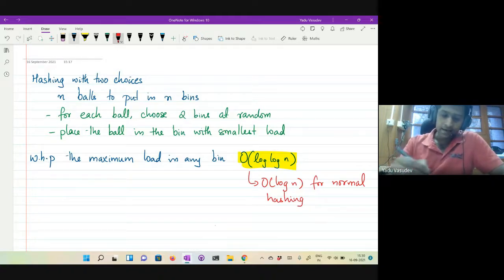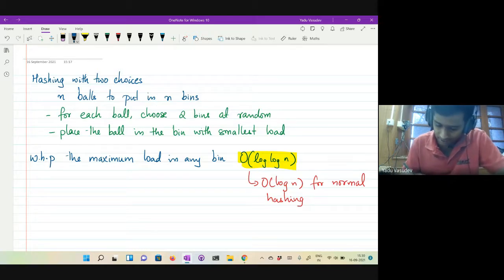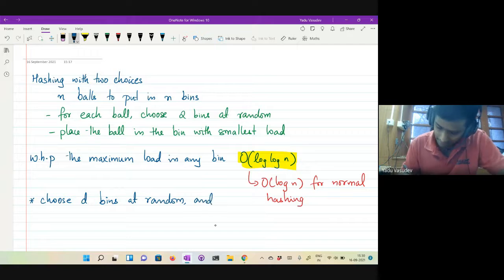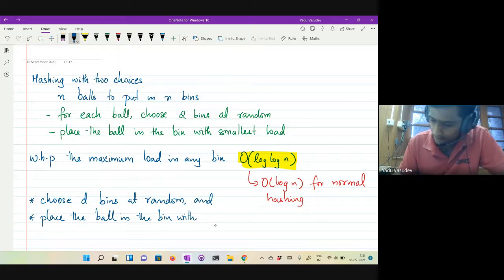You could try to generalize this: you choose d bins at random and place the ball in the bin with the smallest load.